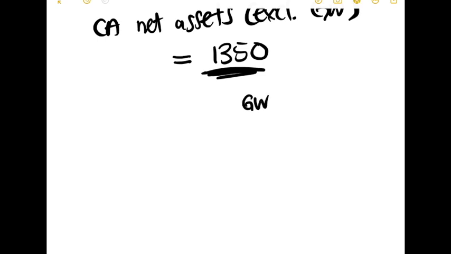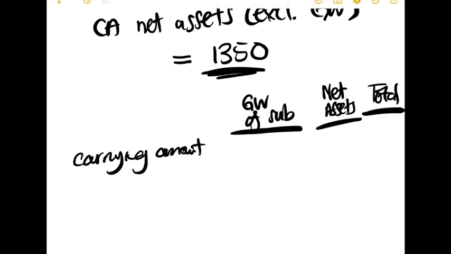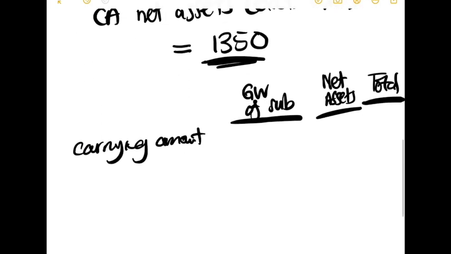We're going to start here on top with our goodwill of the sub, and then we're going to look at the net identifiable assets, and then we're going to have this total column. Our starting point for our carrying amount is the goodwill. Up here we calculated the goodwill to be 400. Then we were told that the carrying amount of the net identifiable assets was the 1350. So the carrying amount as it stands is 1750. Now we need to account for the